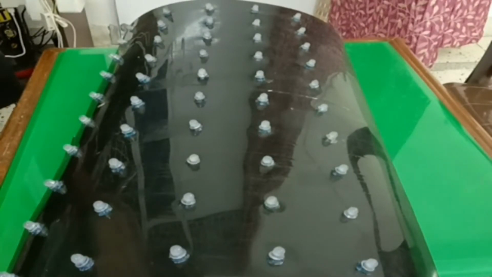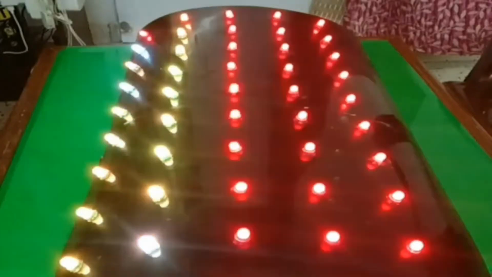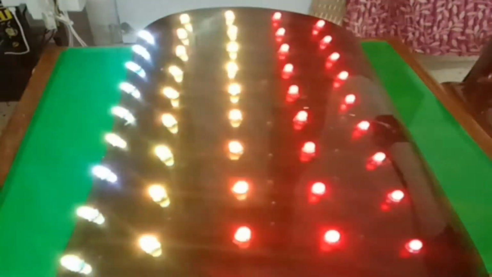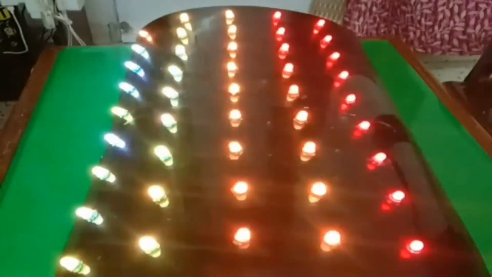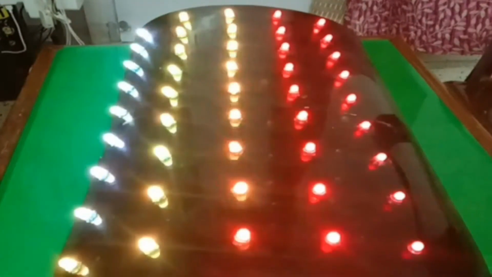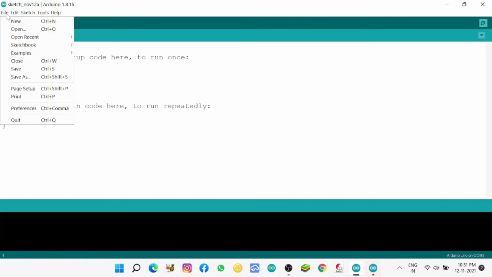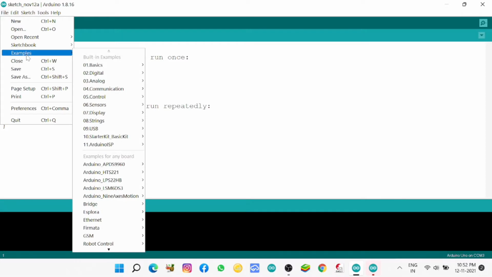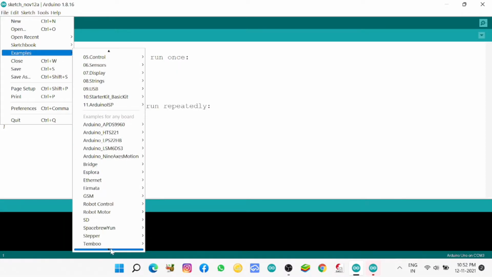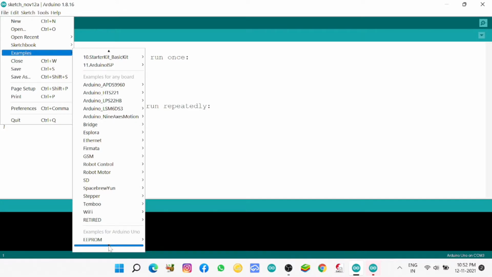No need to use Arduino Uno in any project. Just change the IC, and that barebone Atmega 328 costs only 200 rupees. You can make it at home. Now this was the lighting effect which I put in my balcony. This is demo reel 100. So we can program anything from our Arduino Uno. No need to buy in the market, no need to find here and there. It is in your computer.